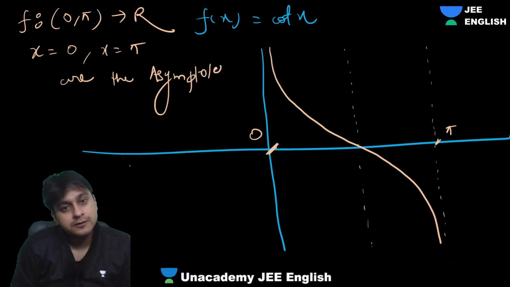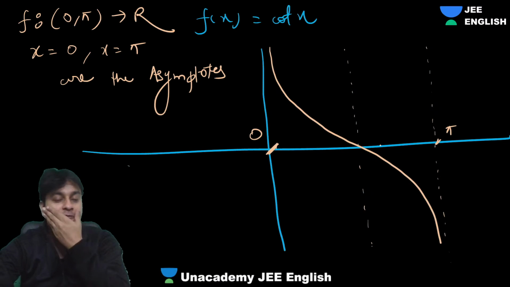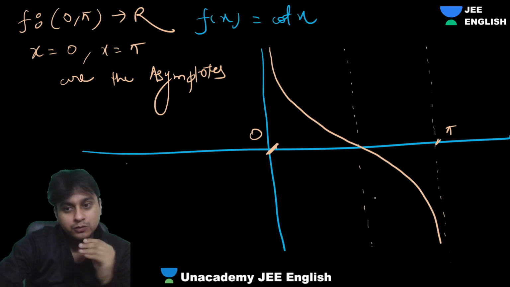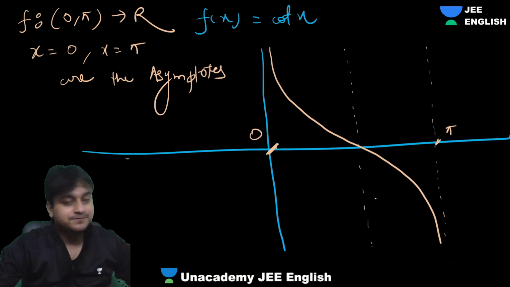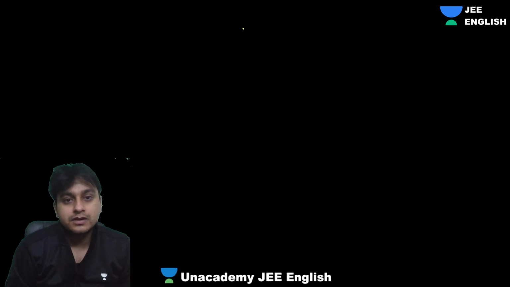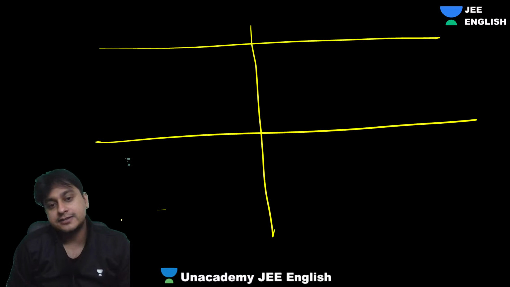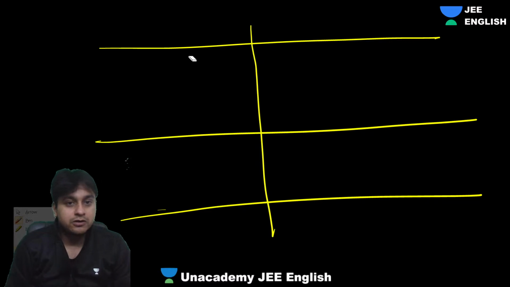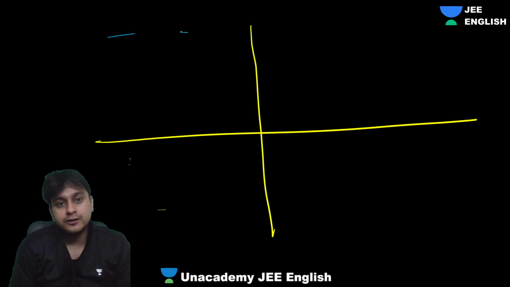Yes. These are the asymptotes. Got it? Now guys, if you look at this carefully, this is the asymptote. Now it will flip. Asymptotes will flip, right? I told you this point. Didn't I tell you? Yes. So asymptotes will flip. So draw parallel lines on the x-axis. Okay? So if you draw the parallel lines, I should draw dotted lines. That will be better. So guys, if you draw the parallel lines over here,